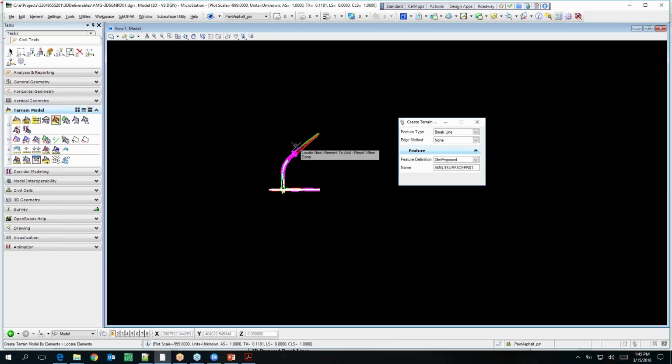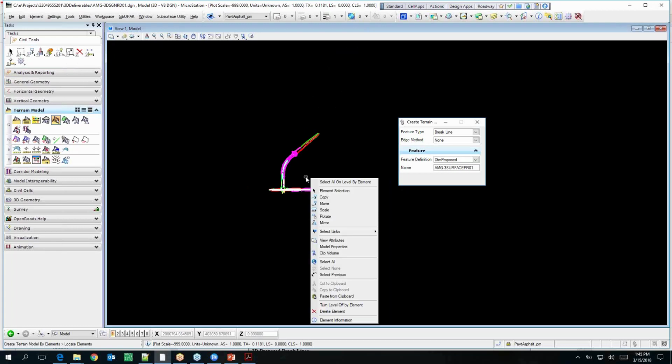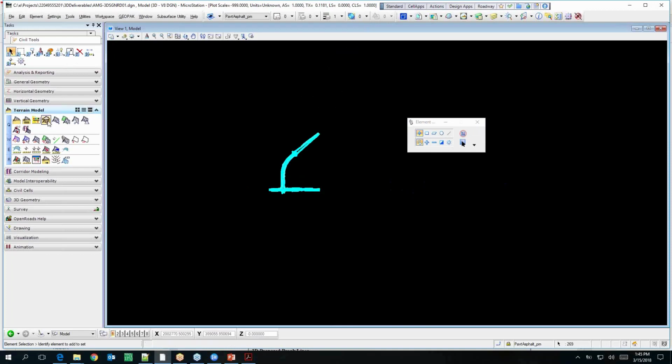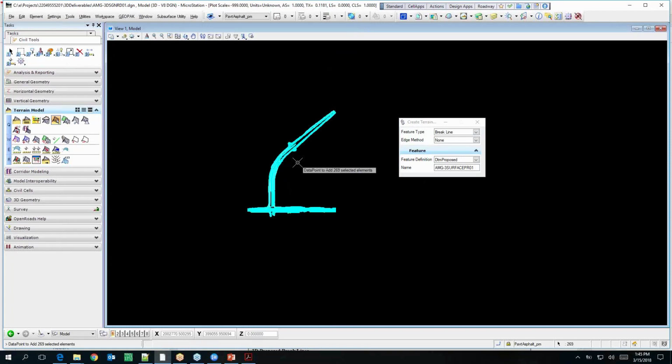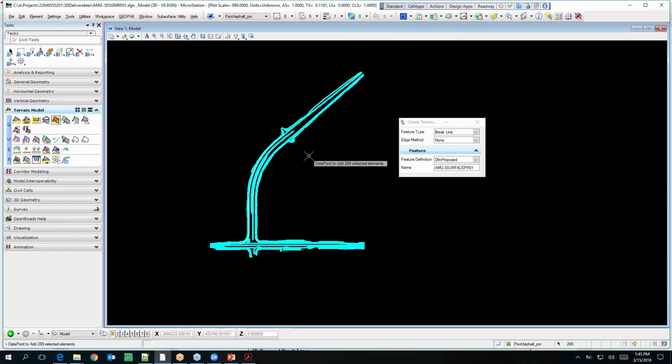And then we need to select all the elements, which I probably should have done first, because now I've got to redo it. All right, so select all your elements first, then run the Create from Elements tool. Everything is set up the same way, except